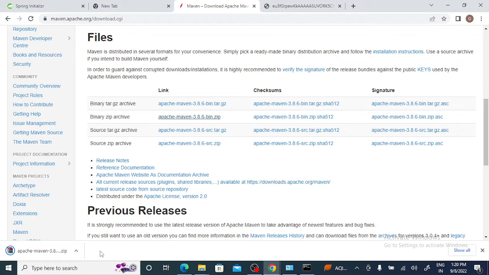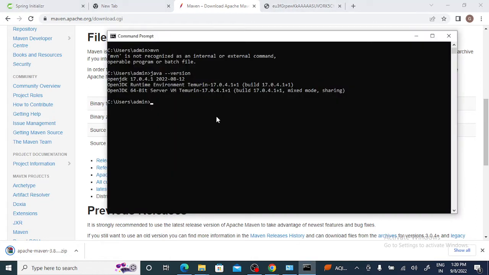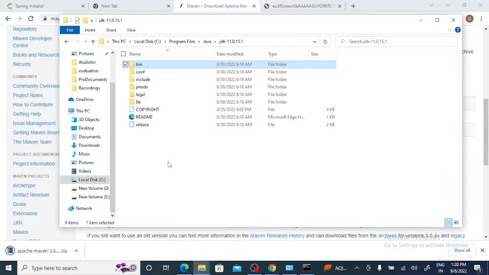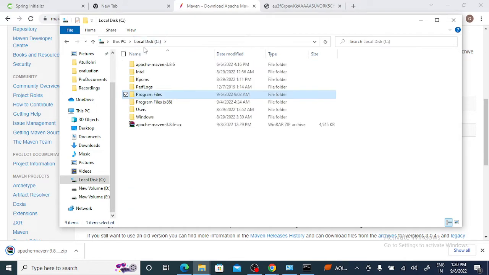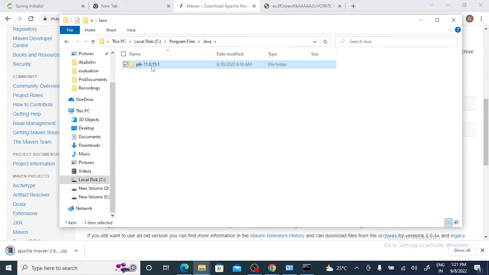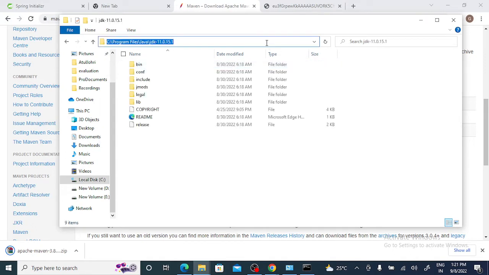One more thing, you need to check whether Java is installed or not. This is pretty simple. You can type java -version here and it will show you that Java is installed. But before this, you need to set the Java home path in your environment variable. To do this, you can go to Program Files on the C drive, and from here go to Java, and this is the path that you need to set. So I will just copy this one, and then open the environment